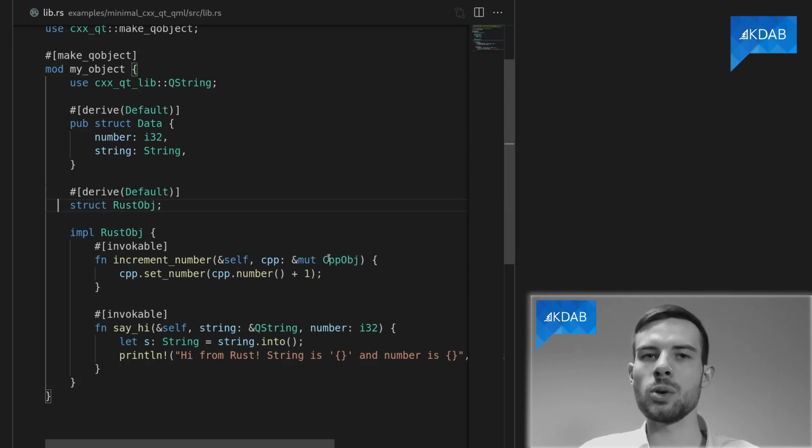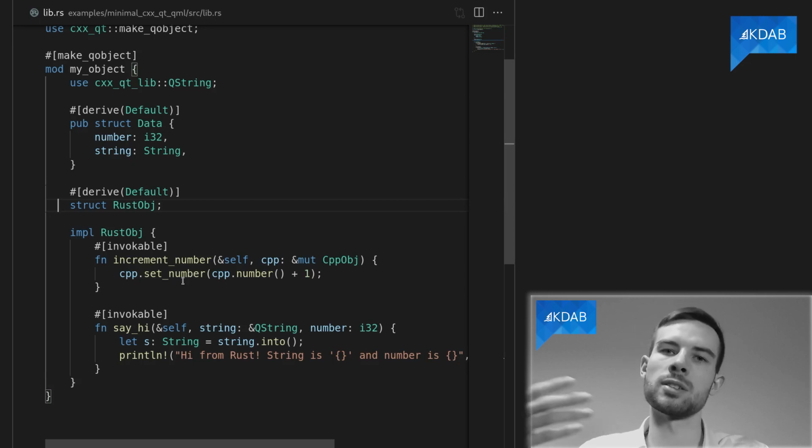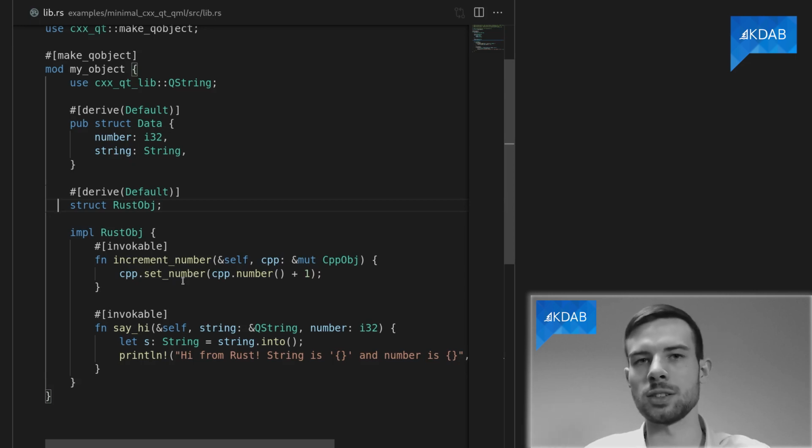And that, therefore, has access to both the number that we defined earlier and a setter for the number that we defined earlier. By using that, we can just like normal increment our number on the Rust side and set it using the setter that we're used to in C++ QML code, which will then, of course, because this is a property, also emit any signals associated with that property.